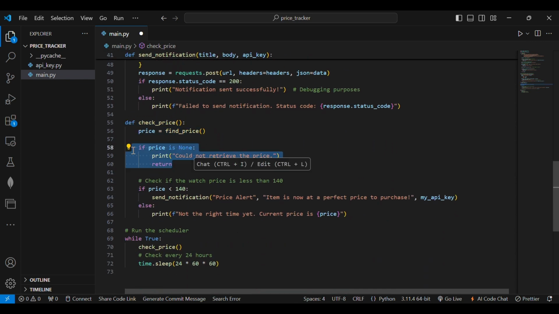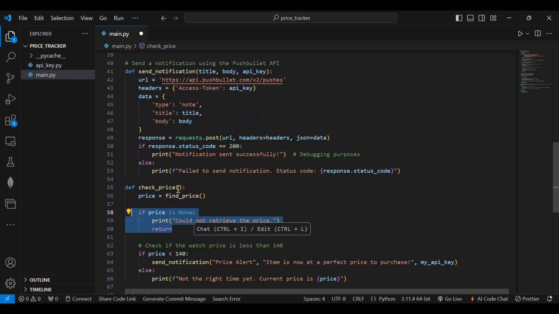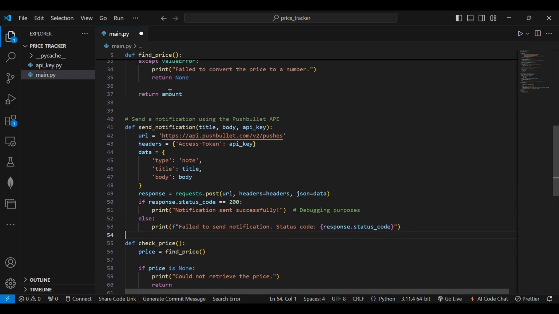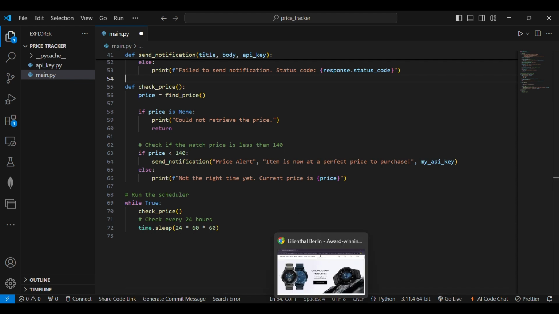This is actually for debugging, but if the price is not on the page, I'll just write I could not retrieve the price. But if the price was on the page, we check if the price is below 140. If it is below 140, we call this send notification function, which sends a notification to my phone. But in order for you to be able to use this send notification function, you have to get your API key from Pushbullet's API. Obviously the code doesn't work now because I don't even think the website is still available at the moment. But in order for you to be able to use GitHub with this code,